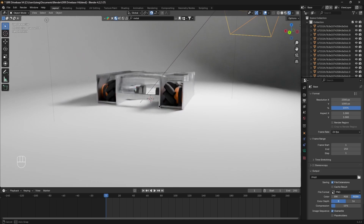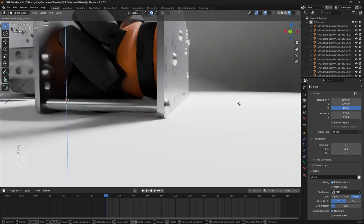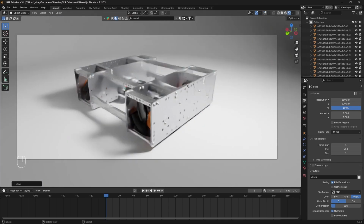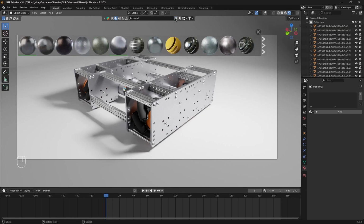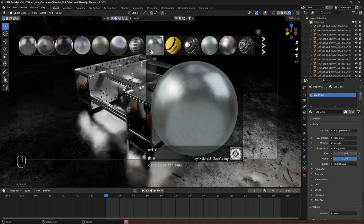And then go ahead and make sure your plane is not intersecting your object. Sometimes by default, it's a little too high up. So you can click on the plane, hit G on your keyboard, and then hit Z, and bring that down to the correct spot. So then once you do that, you should have a pretty good render. You can also add some materials to the plane itself, depending on what you're doing. I like to keep it on just flat white, but you can change it to like a metal, for example,